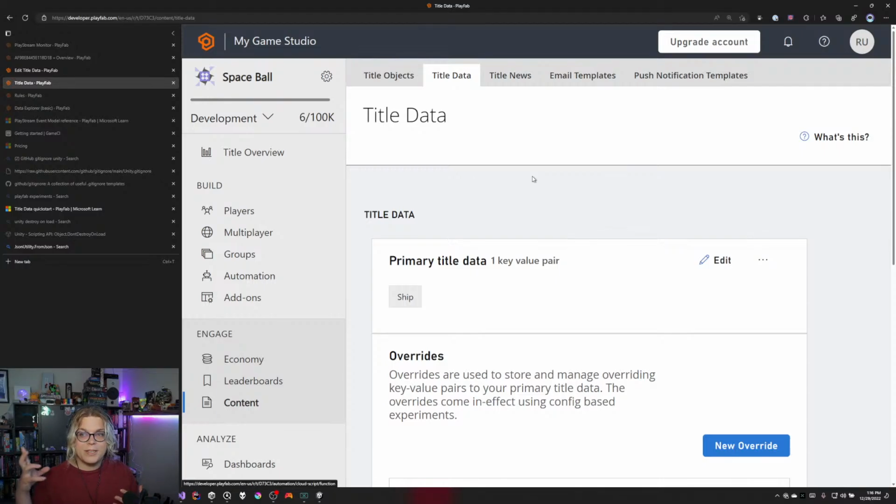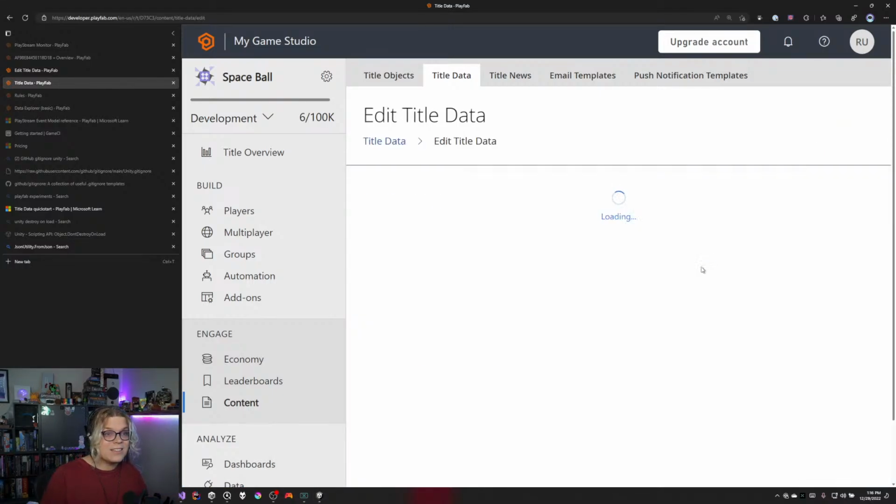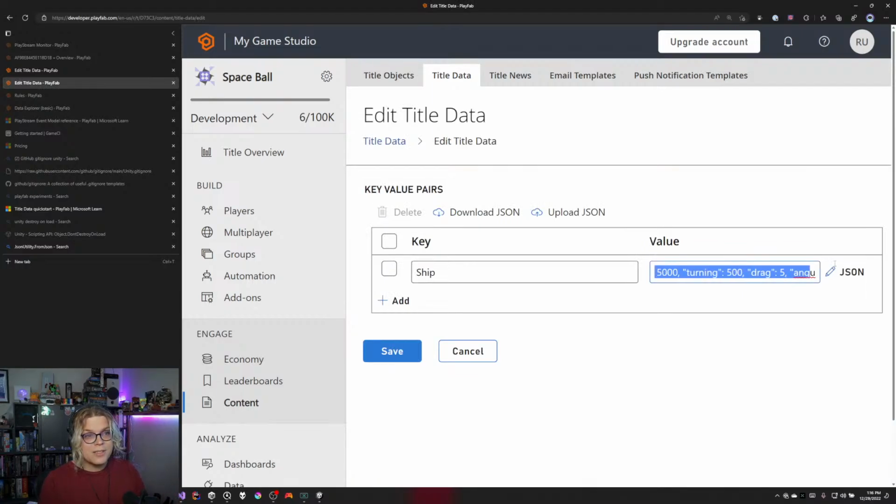So the player level would be data specific to a specific player. But in this case, we're actually working with data that is applied directly to this title. So the title is one game. And so what we can do with that is just provide a JSON blob of how we want this to work, which means that if I want to